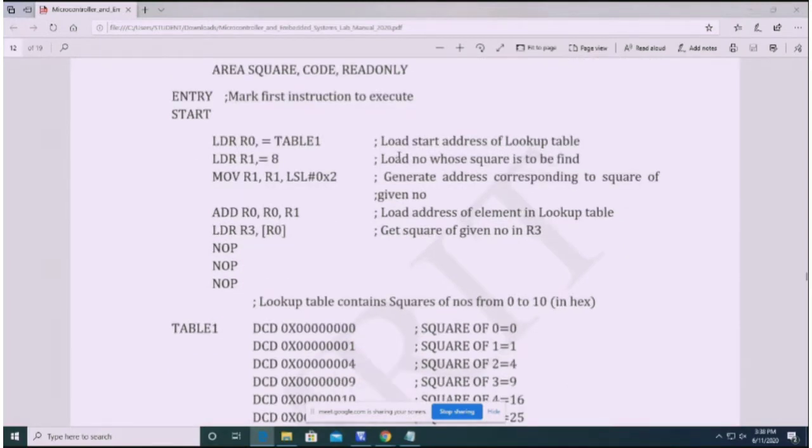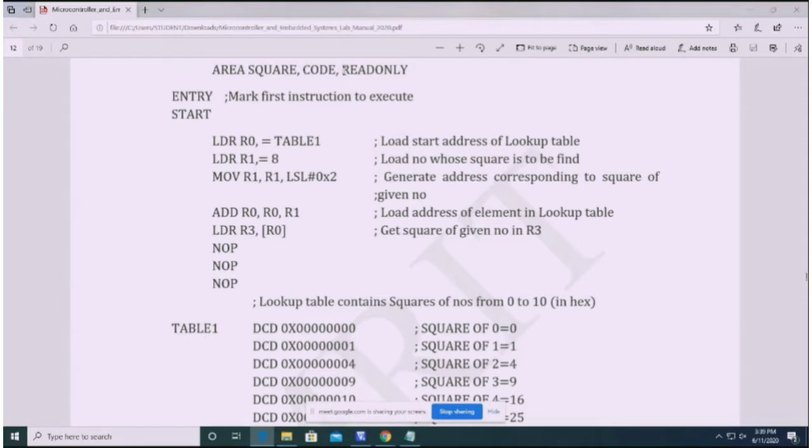So coming to this program, first we'll write the program starting with the area. So we are defining an area. That area is given with a name. Next we have given square. Next is what type of area it is. So what we are writing in this area, is this a code memory or a data memory? Here we are defining it as a code memory.